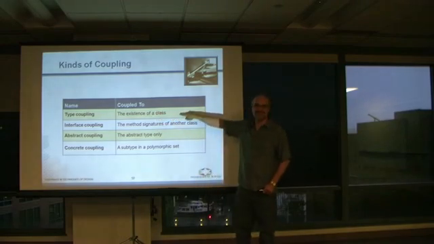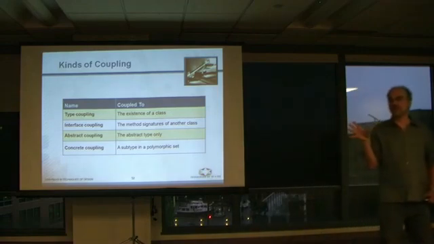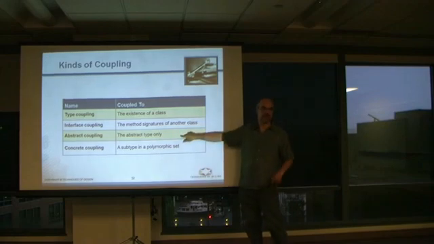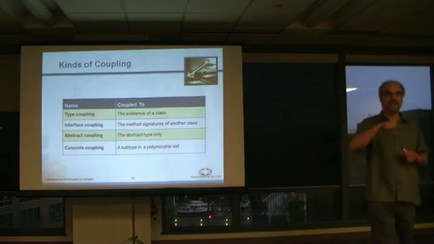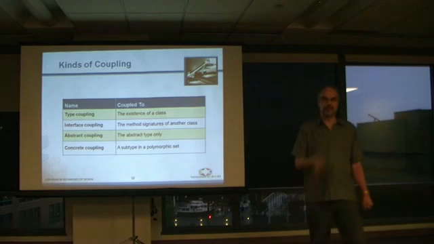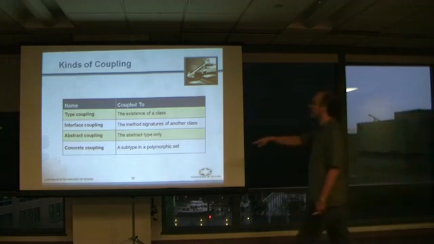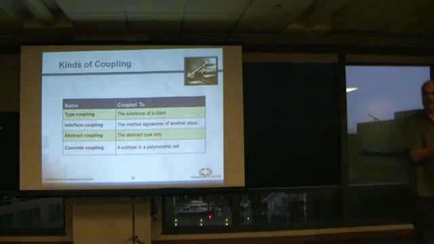We say coupling to the existence of a class is what we call type coupling; coupling to its interface or some of its methods, the parameters of those methods, we call interface coupling. Abstract coupling is coupling just to abstract types. Concrete coupling is when you're dealing with a polymorphic set and you're trying to work through that polymorphic set. Let's say I have different shapes and I want to draw them, but the client is aware of some of the shapes. Oh, that one's a circle, so I have to do some special casing. Then we say we have concrete coupling. That's a little bit of a problem, because now the client is aware of at least some of those representations. If a client is completely unaware of it, then it's much easier to extend those representations.